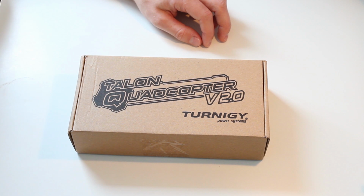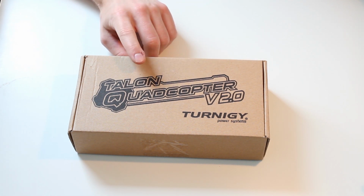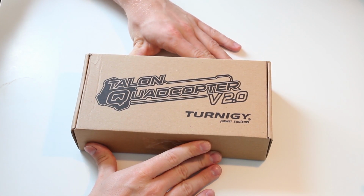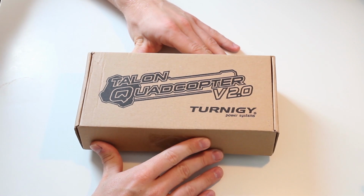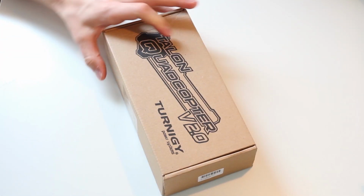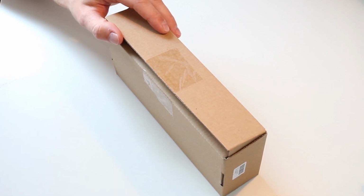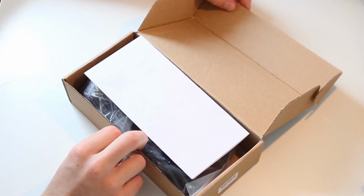So this is part 2 of the video series on how to build your own quadcopter using the Talon Quadcopter Volume 2 frame. And in this part of the video I'm going to build the frame itself. And yeah, let's start it. So this is how it comes shipped. I opened it once before, but I didn't take any parts out, so...